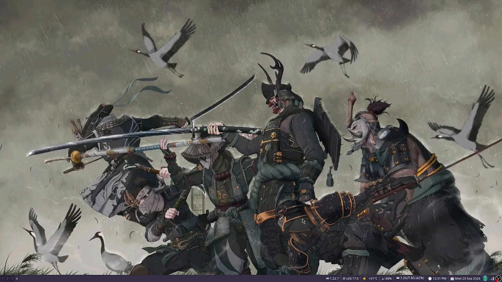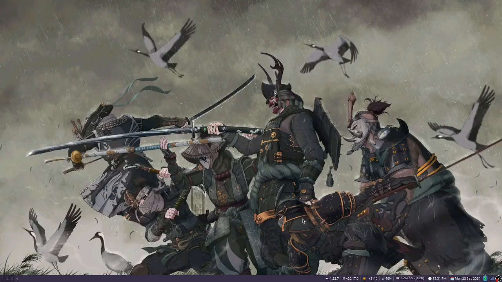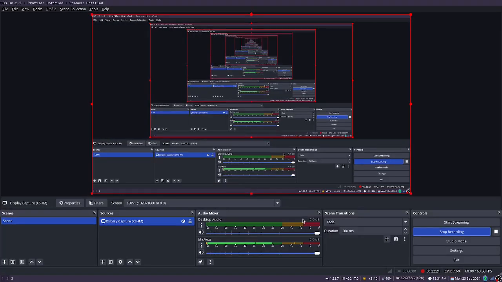I want to use as much as I can use my keyboard, and i3 is the best for that. I can have multiple workspaces. See, I can have 9 workspaces, and I can just switch around these workspaces with Alt 1, 2, 3, 4,